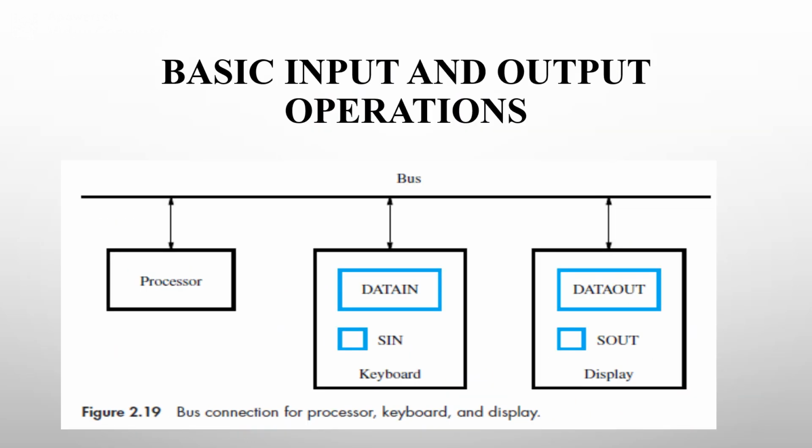When an I/O device is to be accessed, it needs to be addressed. There are two ways of doing this: memory mapped I/O and I/O mapped I/O, or standard I/O or isolated I/O. In the case of memory mapped I/O, the I/O device is also considered as memory, and the memory addresses are used to refer to the buffers as well as registers of the I/O devices.